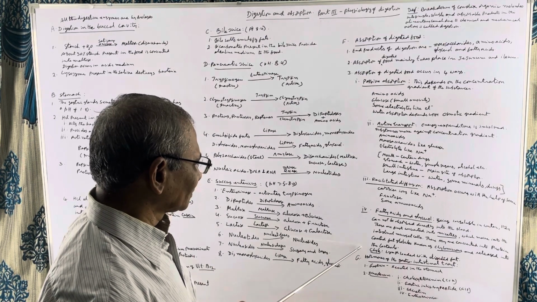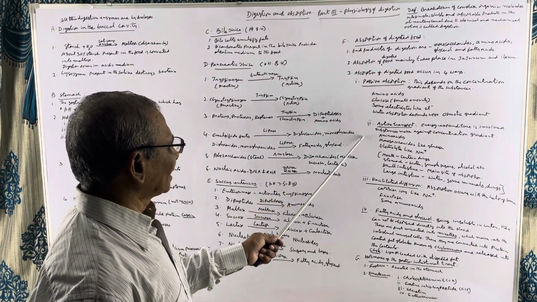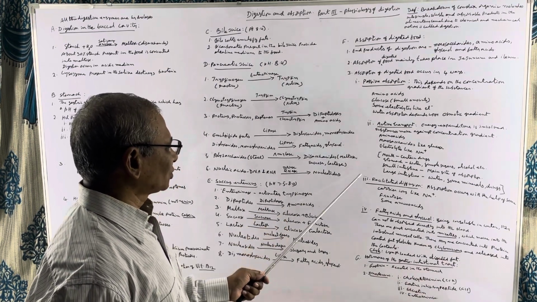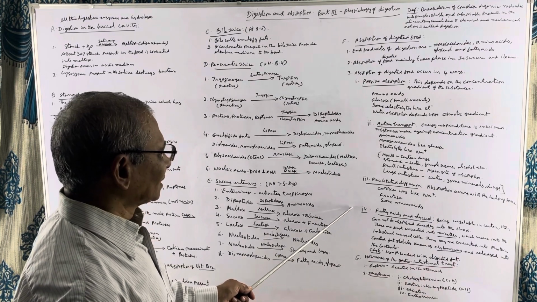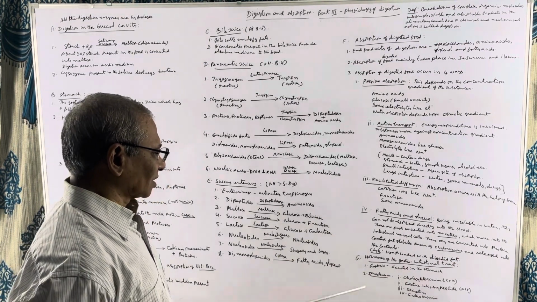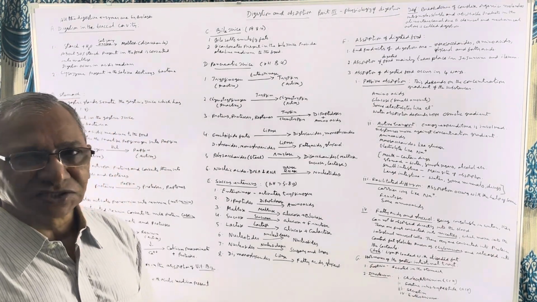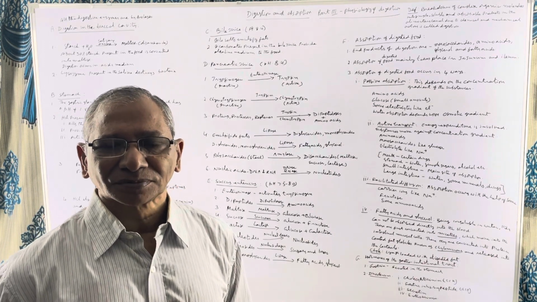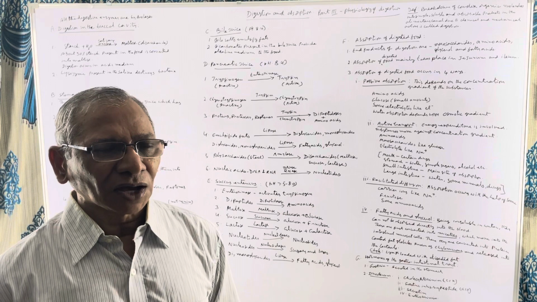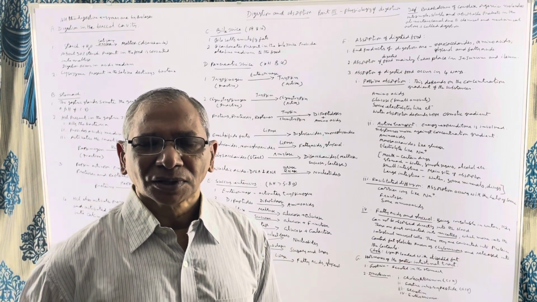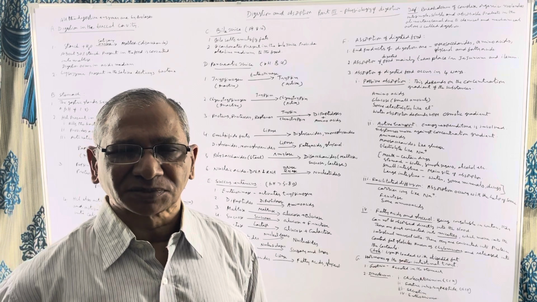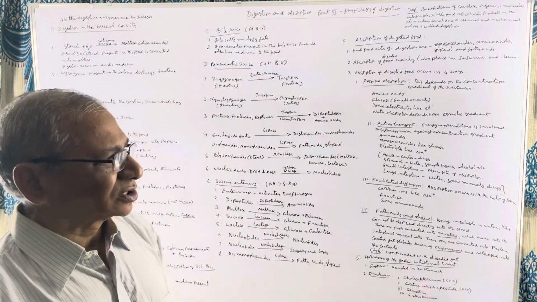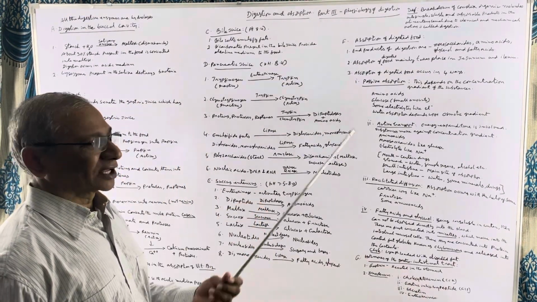So in this way, digested food is absorbed into the blood through four means: passive absorption, active transport, facilitated diffusion, and transport of fatty acids and glycerol. And undigested food is sent into the colon and rectum. Undigested food is stored there for some time, and that is excreted in the form of feces through the anus. So in this way, digestion of food takes place in the alimentary canal of human beings.